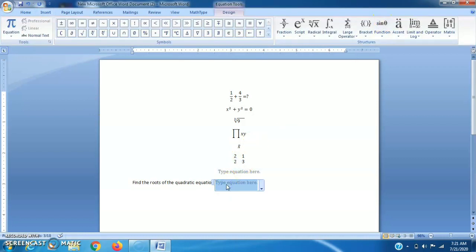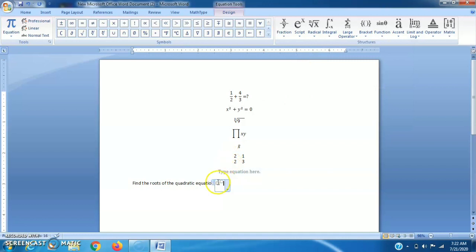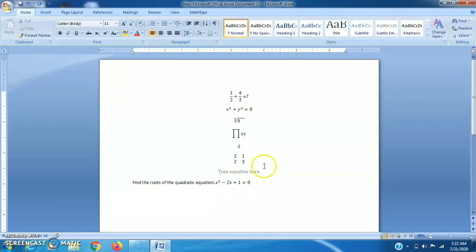Suppose I want roots of x square minus 2x plus 1. Then I choose a script, because x square comes from here, x square minus 2x plus 1 equals to 0. In this way we can write our mathematical questions.